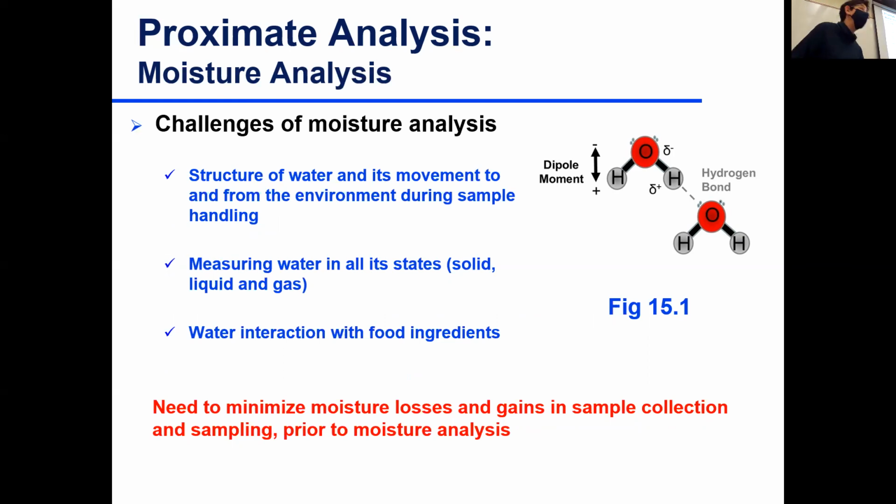We didn't reach boiling temperature, but the molecules are so active, they move. And that makes it really hard to handle samples for moisture quantification. That's why you're going to learn next week that when preparing samples for moisture analysis,